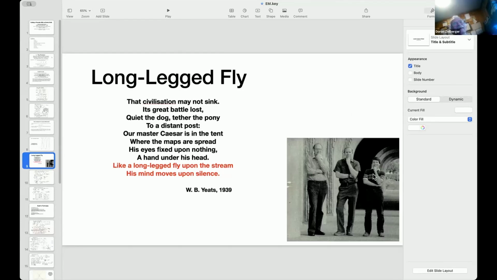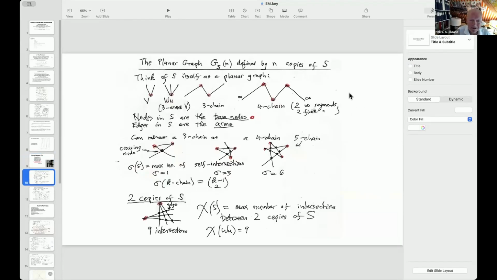Yeah, it's good. So I'm going to show the solution to a whole bunch of problems. And the solution is always using graph theory, planar graphs, elementary combinatorics. And so we're given a shape. I'll show you how I build up the graph. You take your shape, one copy of the shape. It's a graph. It might be a V or a W, or a thing called a 3-chain. A 3-chain is like a ninja